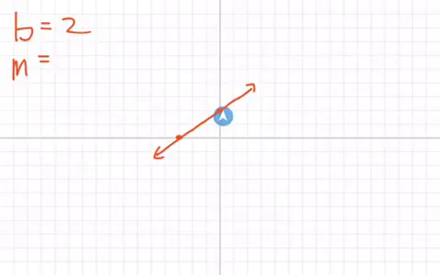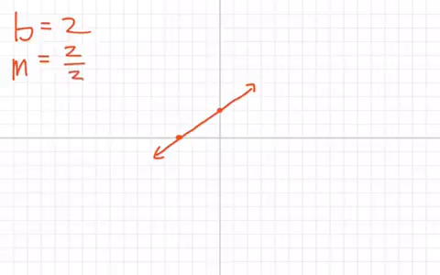Now this one's nice and easy because it crosses through the x-axis, so we actually have an x-intercept, which is a whole number. So it makes it easy. So we're going to do 1, 2. And we go 1, 2, 3. So just count your rise, and then your run. Now in this case, we go negative, negative. Of course, negative, negative is going to end up being positive. So we just write that as 2 over